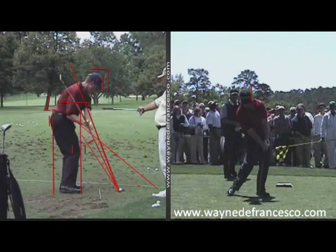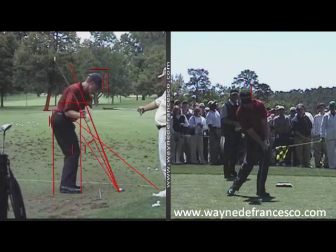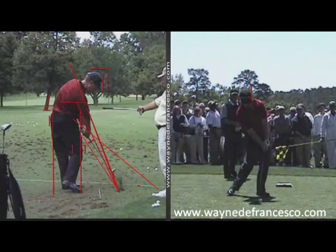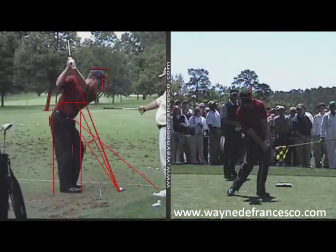Well, actually VJ is not the same. VJ's head comes back, but his hands are almost under the shaft plane. Mickelson backs up so much he actually gets the shaft on the original shaft plane and then lets go of the club with his left hand, actually. Now, but with that combination of a little backup in the forehead and the hands coming in a little bit high,